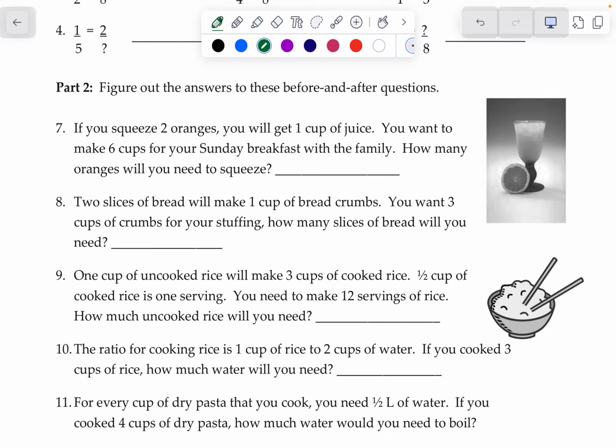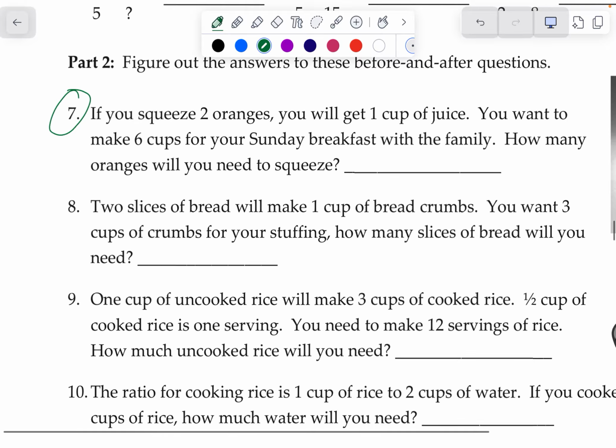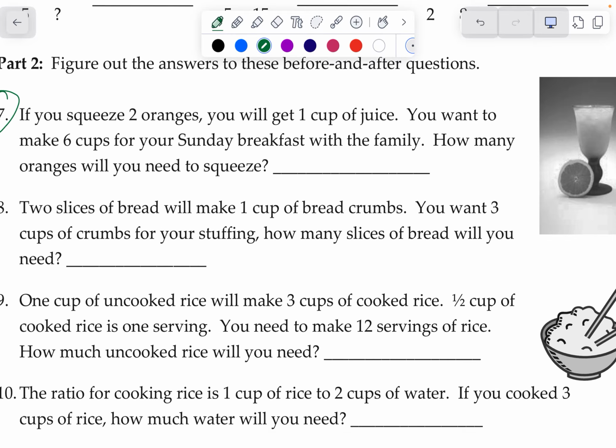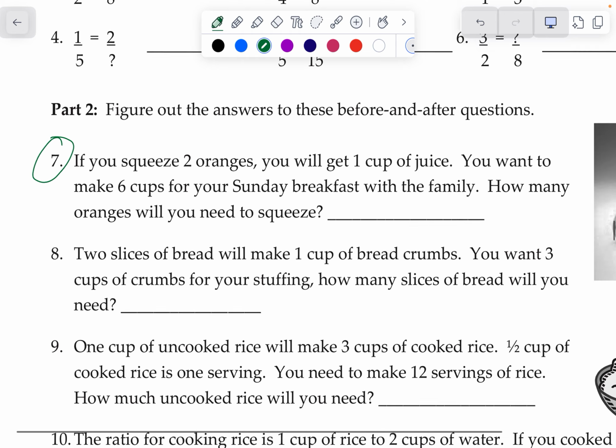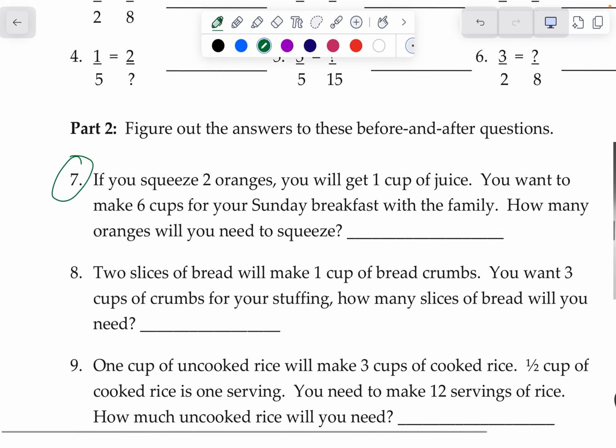Okay, let's take a look at number 7 together. It says, if you squeeze 2 oranges, you get 1 cup of juice. You want to make 6 cups for your Sunday breakfast with the family. How many oranges will you need to squeeze? So you would say, think about the fact that 2 oranges makes 1 cup of juice. So you have to remember when you set this up,